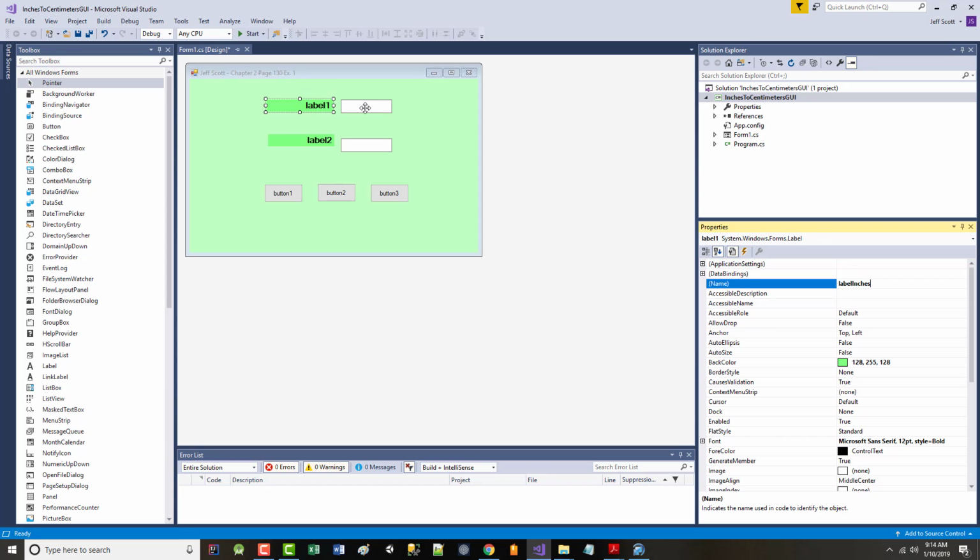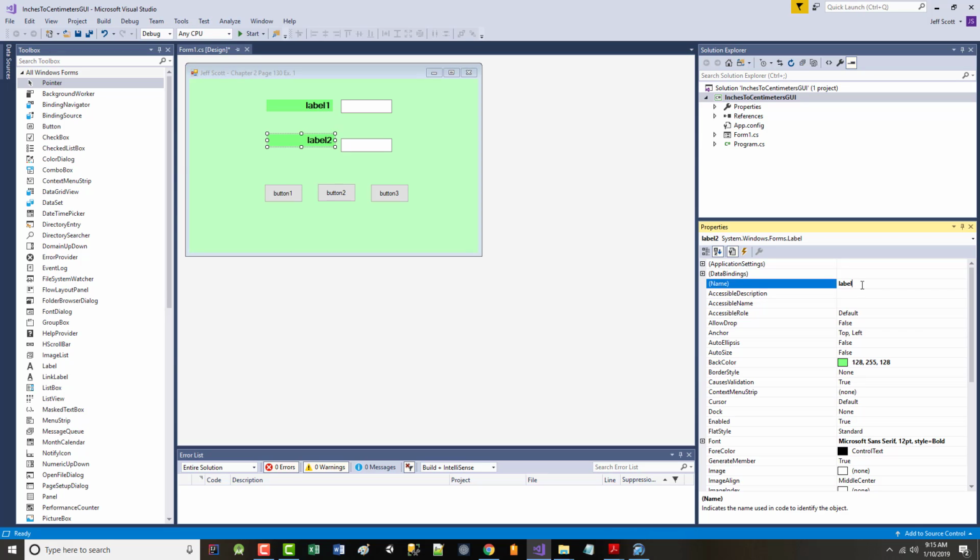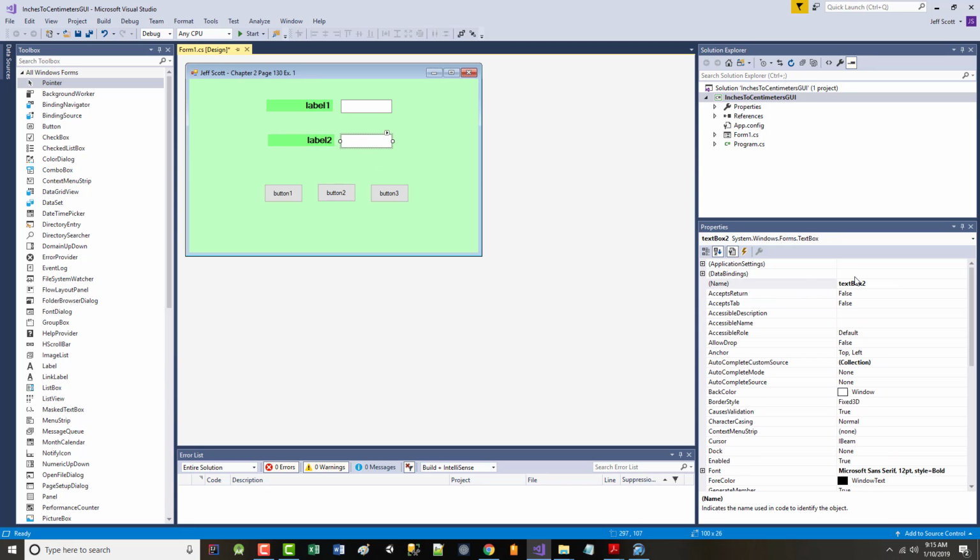Then I'm going to move over to the text box that's right next to it, and I'm going to change the name of that to text box Inches with a capital I. Then I'm going to come over to the one down below here, and I'm going to change the name of this one to label Centimeters